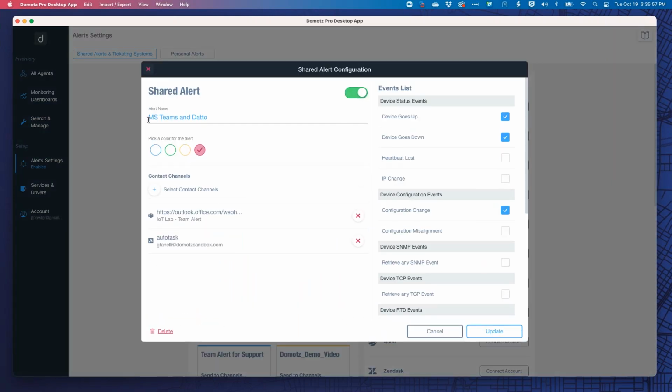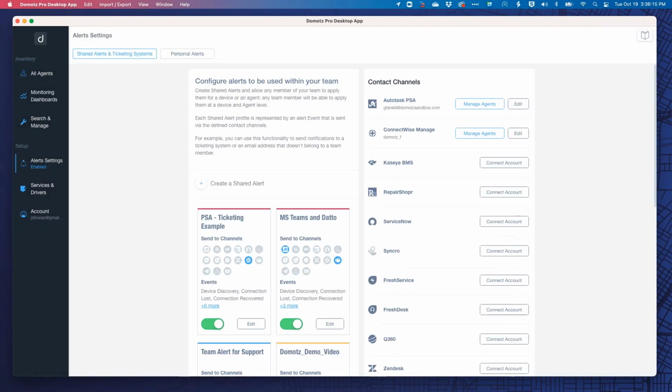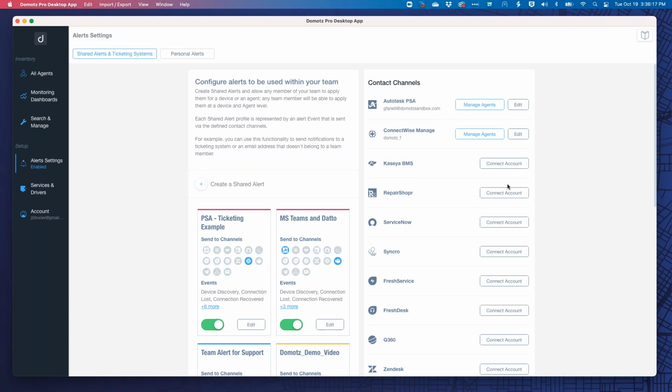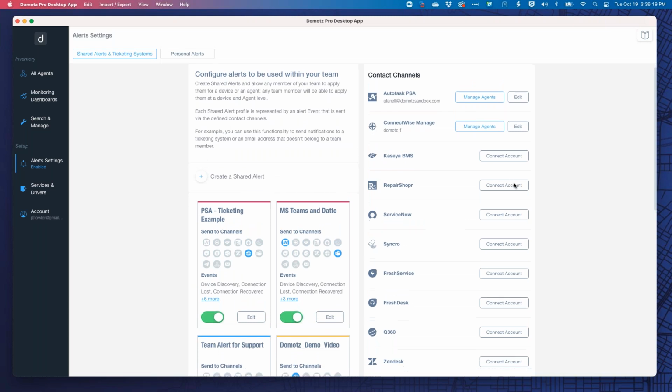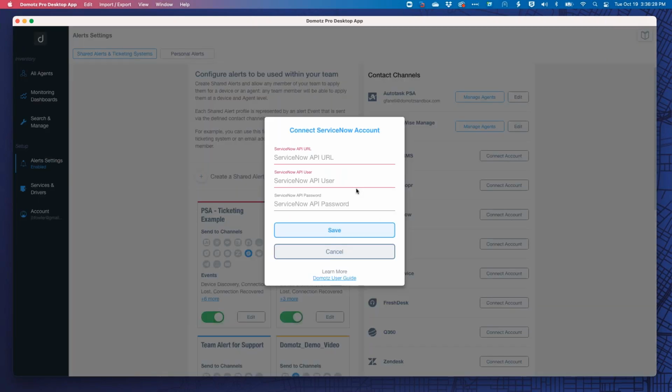Like on this one, I have a Microsoft Teams message going out, as well as a ticket getting created in a data sandbox that we have. Let's actually talk about the channels themselves. First, you need to set up which channels you want to have communications with. All of these have different ways of setting them up, but essentially you need to connect your account